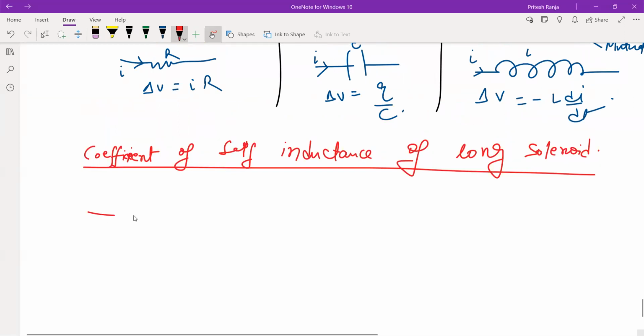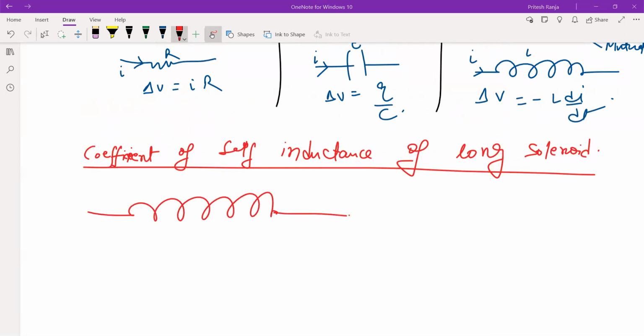So let us say we have a long solenoid. Long means infinite length solenoid. Current flowing is I. Definitely there will be the length of the solenoid as well. That length is L. Because solenoid is also what? These are also the coiled wires. So let us say that each turn has radius R. R क्या है? Radius है of each circular coil. Radius of each coil.